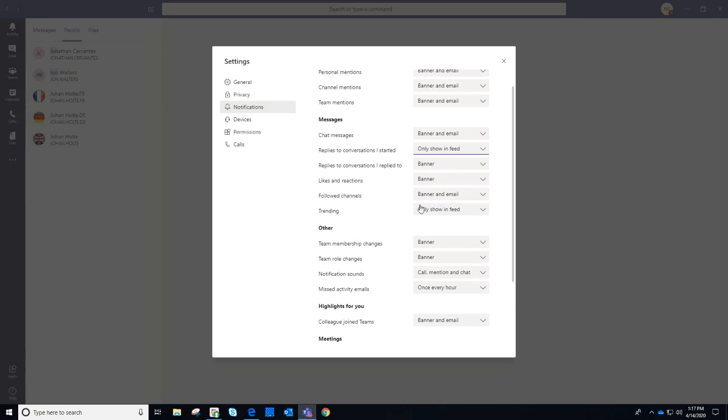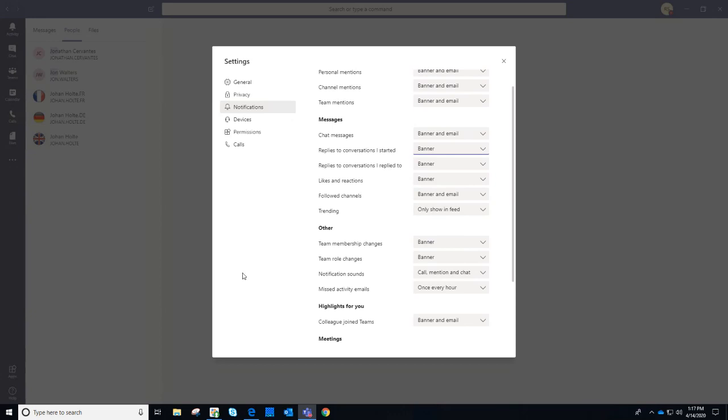On the other hand, you may be in a position where you have to absolutely respond to everything somebody says in Teams, whether you're answering questions about a project or using this as some kind of support tool. Either way, you may decide that you need an even higher priority type of notification. You need a banner pop-out message, but you need more than that. You need an email as well, just to really make sure that it grabs your attention whenever something like this